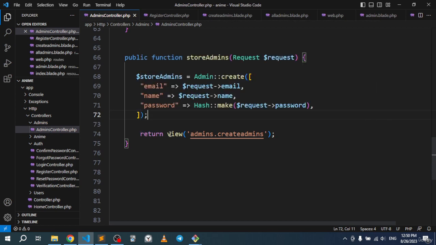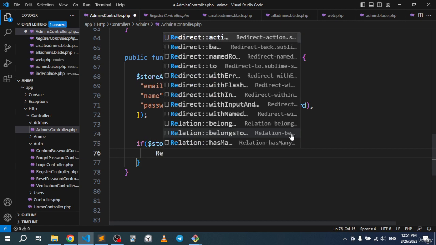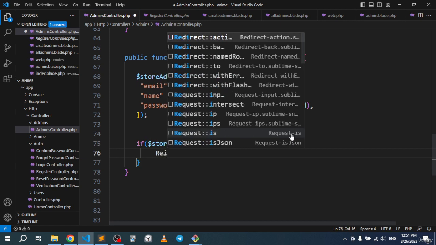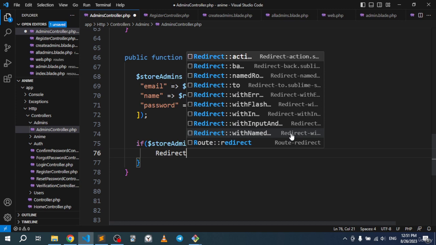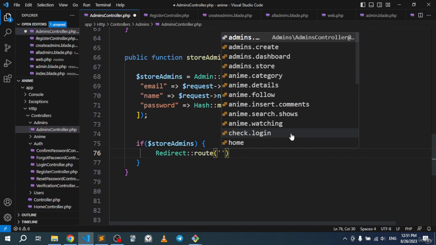And after we insert, I want to go ahead and check. I want to remove this. I want to go F, store admins. I want to go simply redirect. I want to redirect back to route. All right, so this route will be